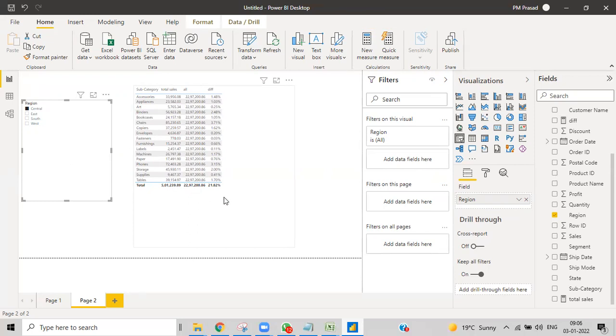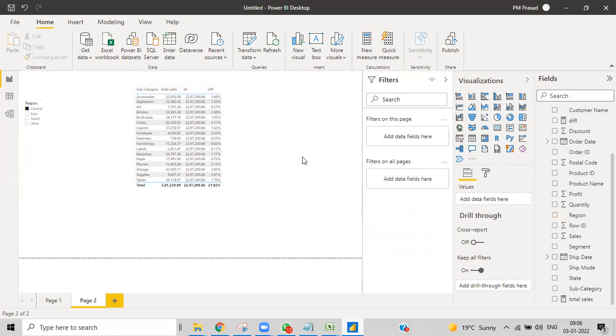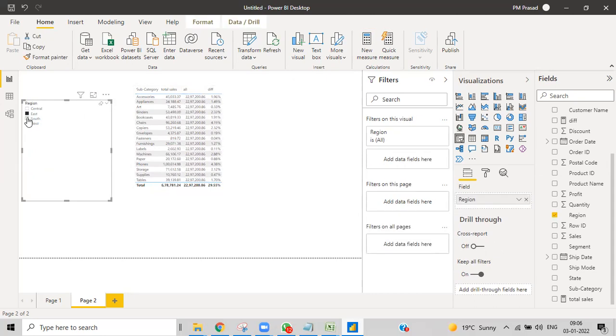You understood? So in that case, you see, all the filters, even the subcategory, it is ignoring. Even the outside filter, which is region, it is ignoring. It is ignoring the subcategory fields, and even if I give some other fields, it doesn't change. Only thing to remember is whether this is changing when I select something or not. It is not changing. This field is keeping constant because we applied it on the table.